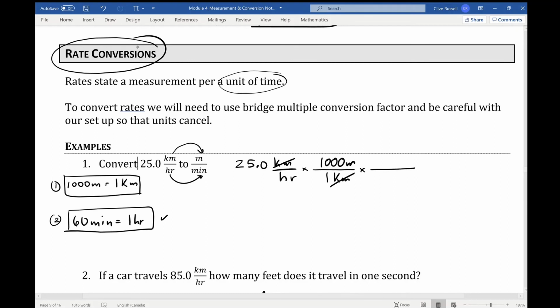Because we have hours in the denominator here, we want hours in the numerator. So we're going to have 1 hour and 60 minutes there. Now the hour will go with the hour, and we're left with 25.0 in the numerator times 1,000, and then we're dividing by the 60. And our units now are going to be meters per minute. Now, if you do that calculation, you will get